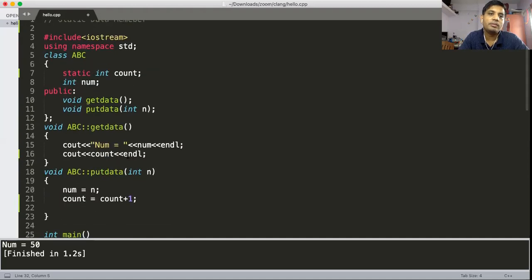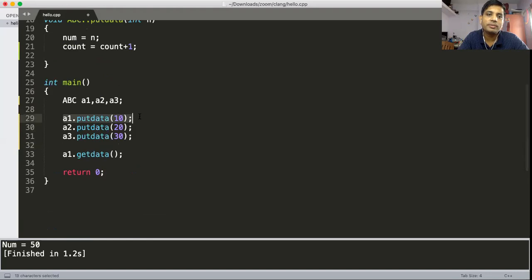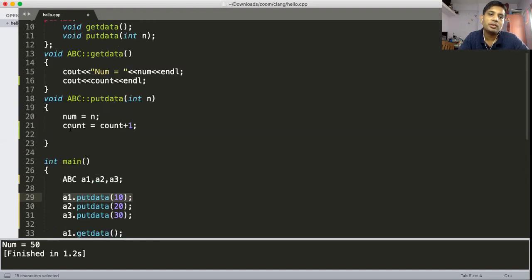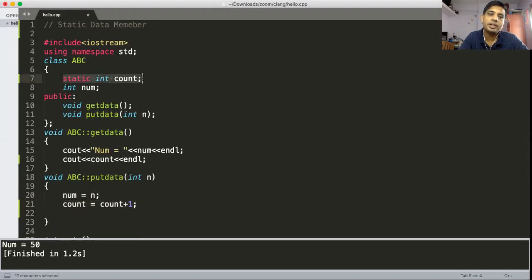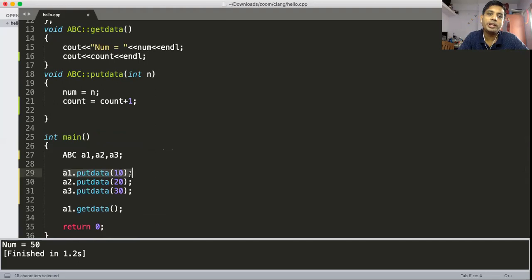But what happened with this count? When you call the first put data function, the static variable has a default initial value of 0. So when you call put data the first time, count's default value is 0, 0 plus 1, so count becomes 1.